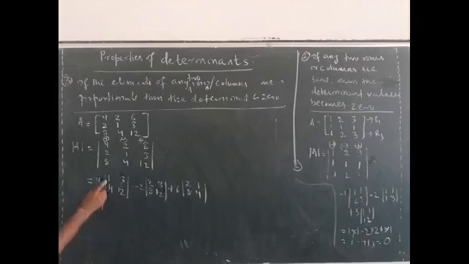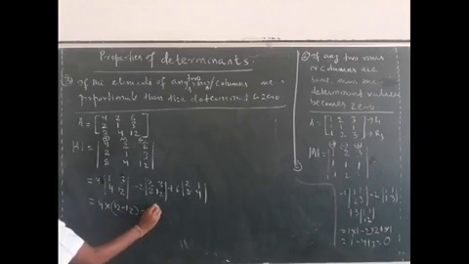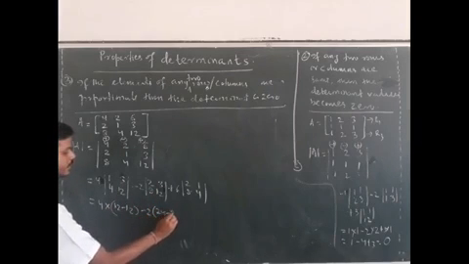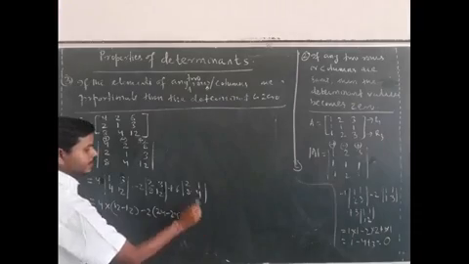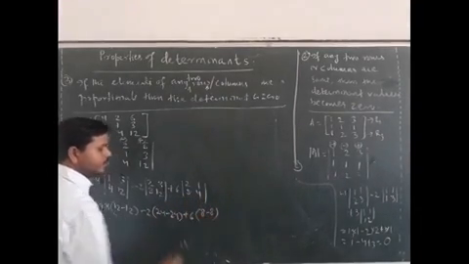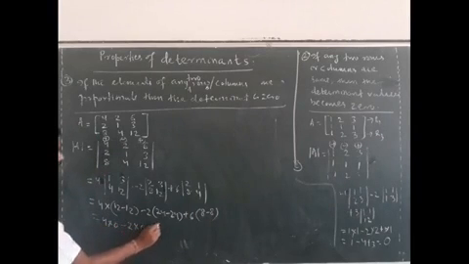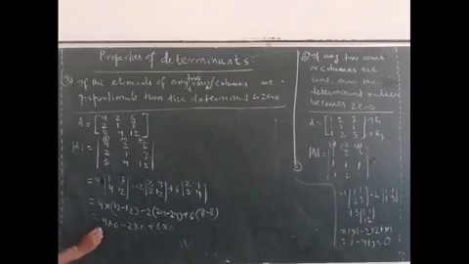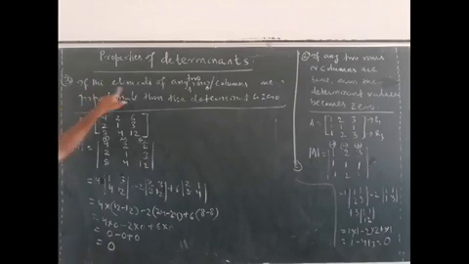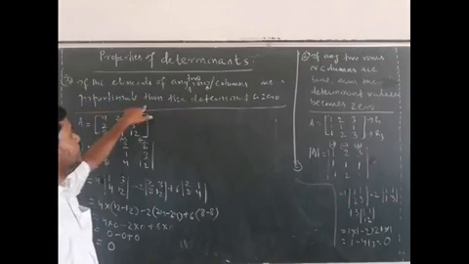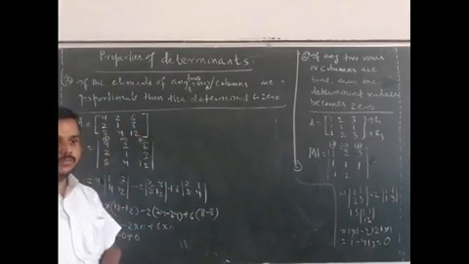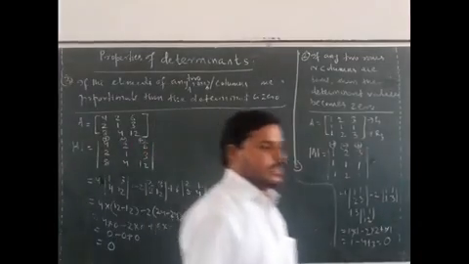Now this is 4 multiplied by 12, minus 2 times 24, minus 24, plus 6 times 8 minus 8. So it is 4 multiplied by 0, minus 2 multiplied by 0, plus 6 multiplied by 0. Then I will get 0 minus 0 plus 0, and the value becomes 0. So remember, if the elements of any two rows or columns are proportional, then the determinant is 0. Okay? So this is our third property.